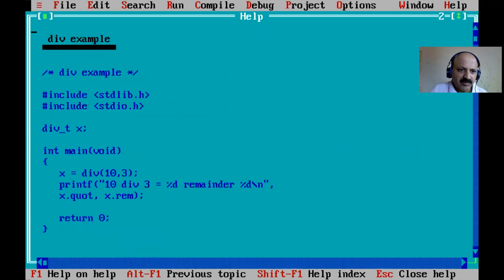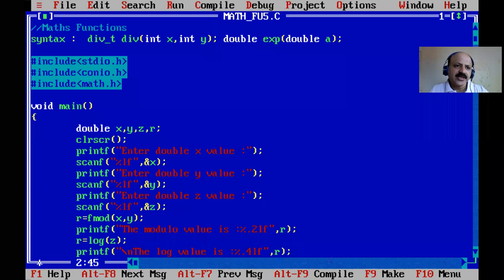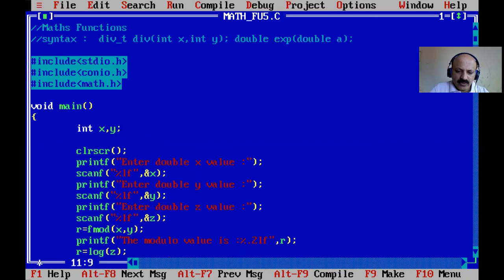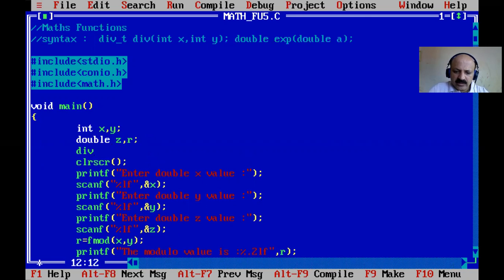And also here is one example, so that we can use that type of declaration. I comment this line, and here first we can pass two integers, so I remove this double and take integer x and y, and another float double, that is our z. Yes, and also we can take r, and also one whose name is div_t type answer, that is a div inbuilt type.